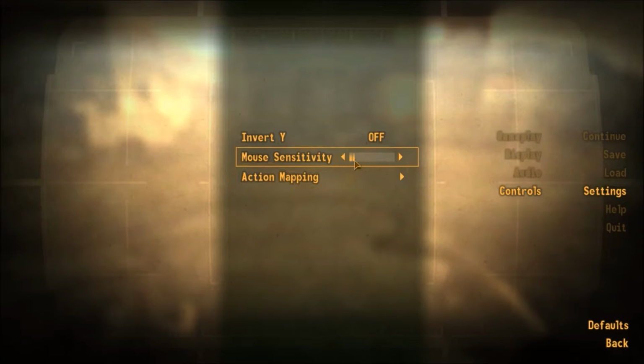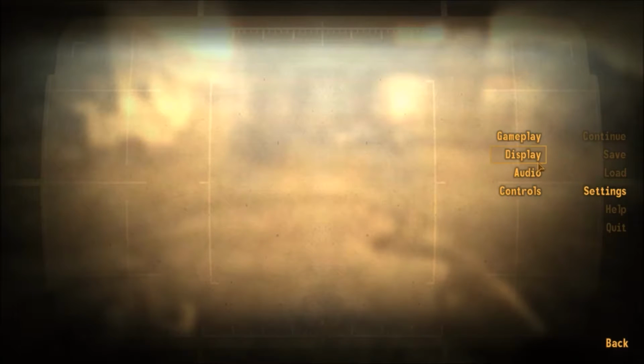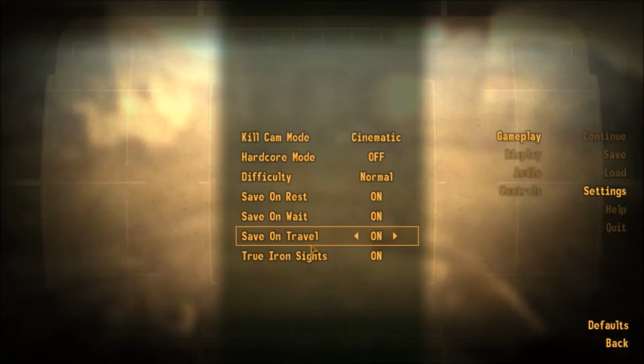So here I'm trying to figure out how to do settings. I'm looking at my controls because, like I said, I have no idea. I think I figured it out here, but anyways,